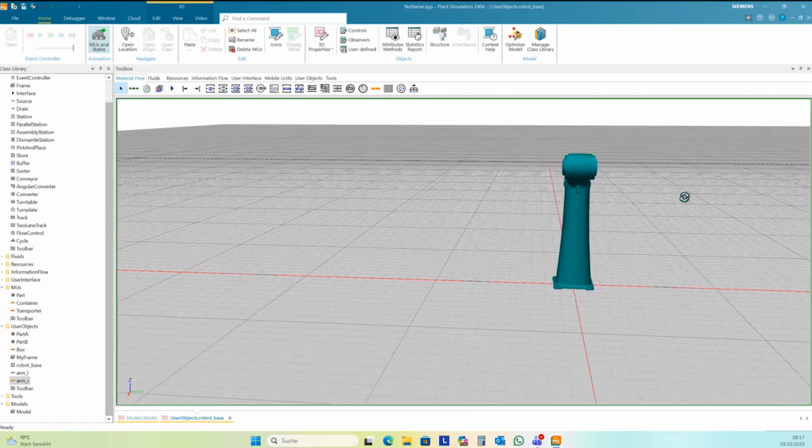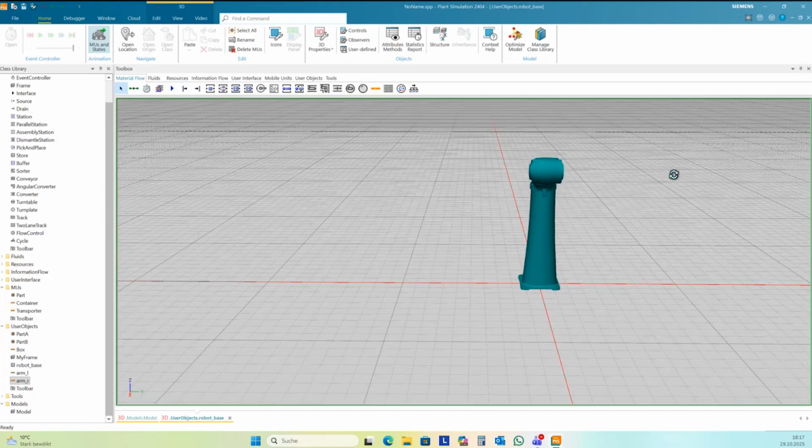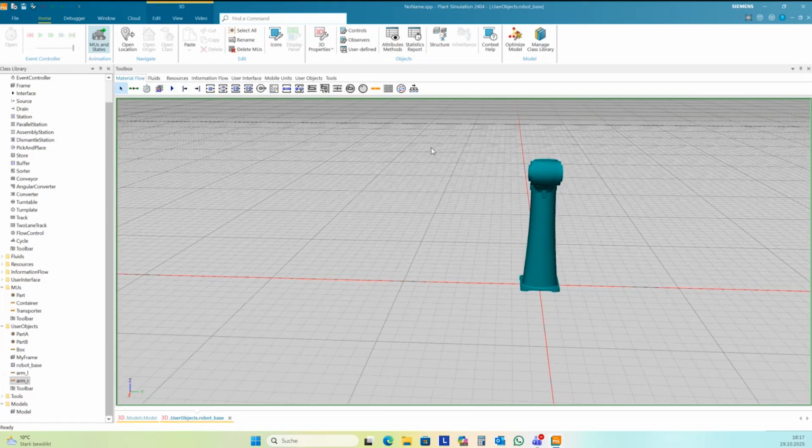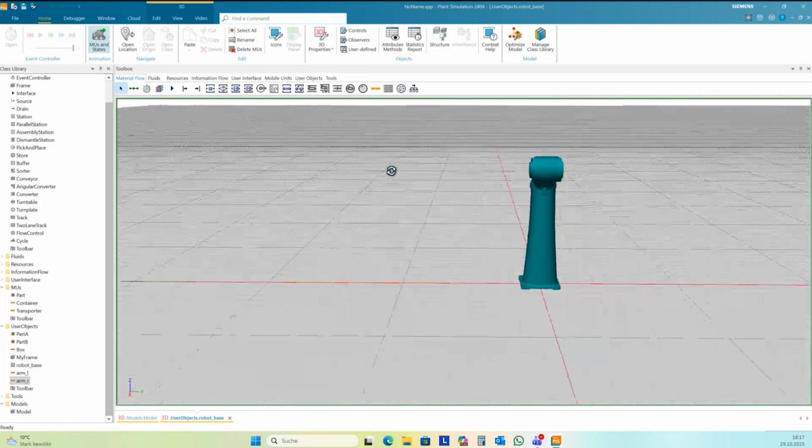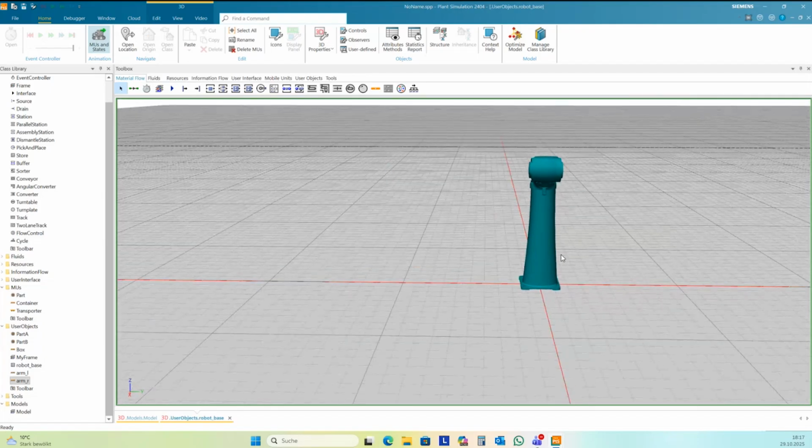Okay, now we have 2 arms, and we have 1 robot base, and the arms are now MUs, and so if you reset the simulation, the arms will disappear because all the MUs will be deleted at the end of the simulation. And so at the start of the simulation, you will need to create the arms for this robot. But this you can do with an internal init method of this robot. And this should create the arms and start the controls for the arms. And so we continue with the robot base here in the class library.